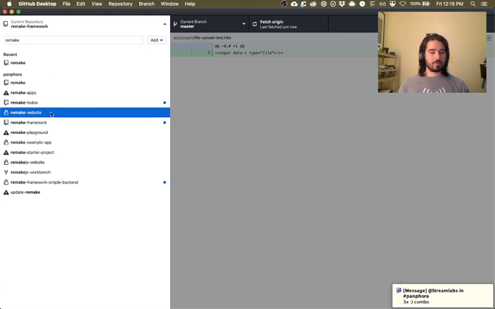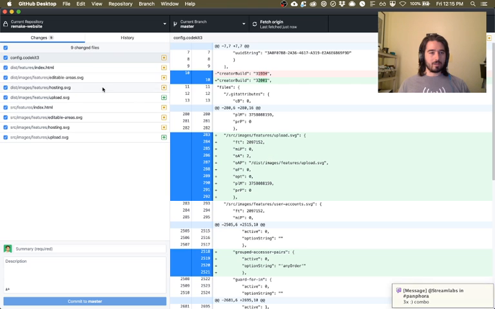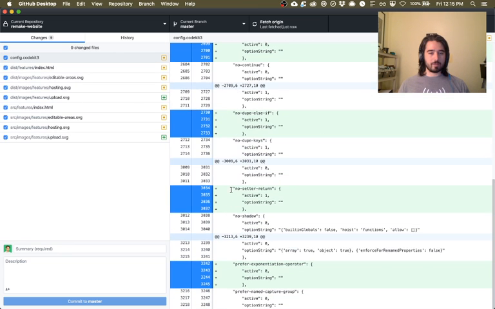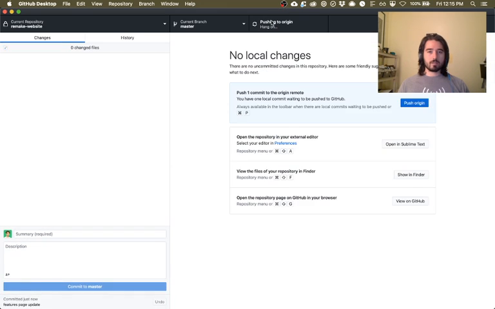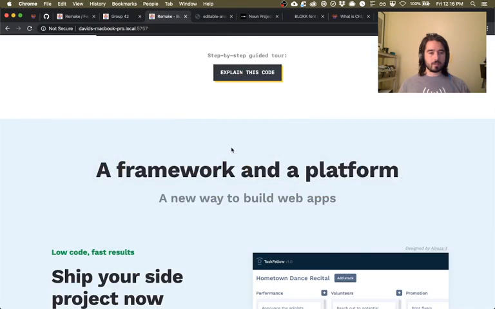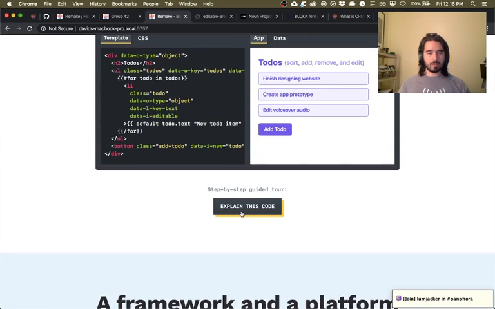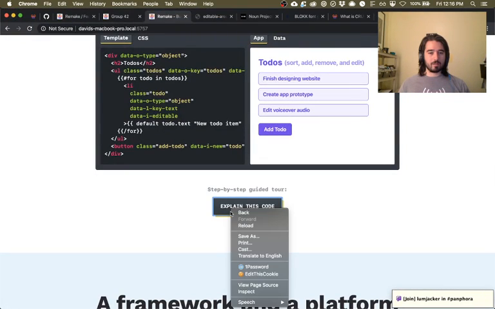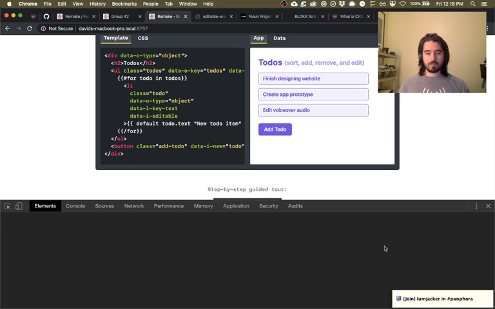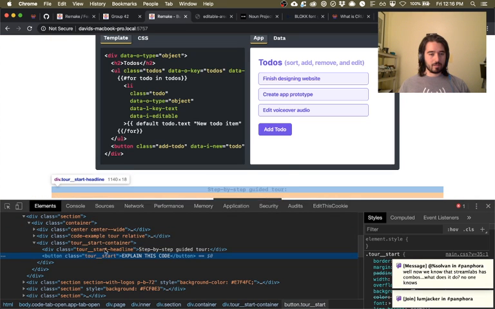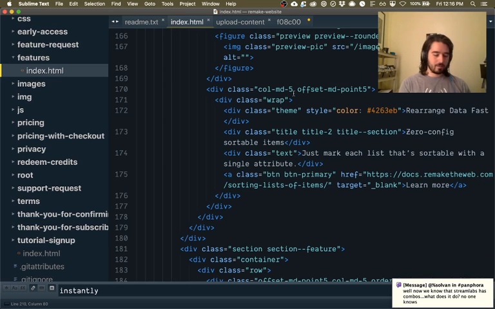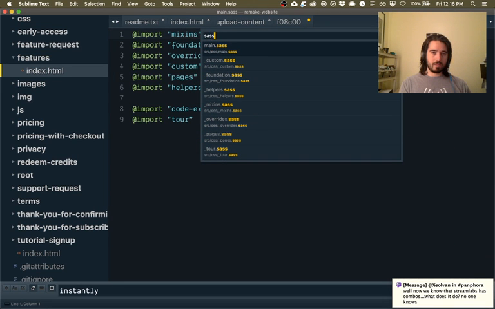Let's do a remake website. Okay, so I think we're just gonna publish this because I'm afraid of losing changes. So features, page, update. We'll commit this, push it out. Okay, so yeah, let's switch things up. Also, I want to make this explain this code button like twice as big as this. Let's see, Tor, okay, Tor, main.sass,